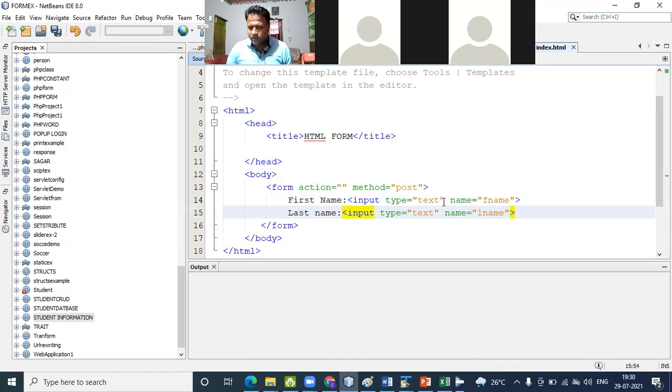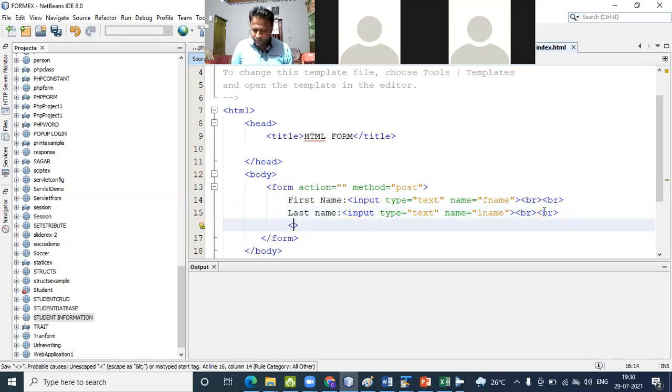Then we use the br tag, then again another br tag we use for line breaking. Then in a similar way here also we use the br tag.